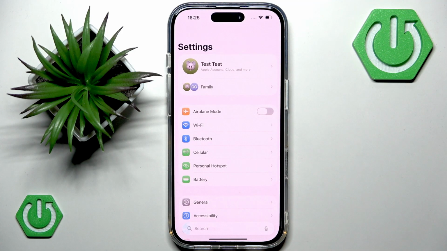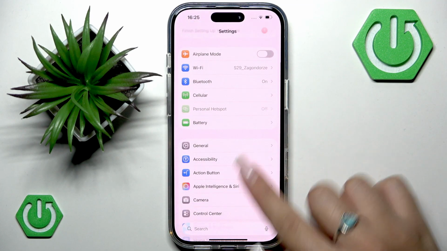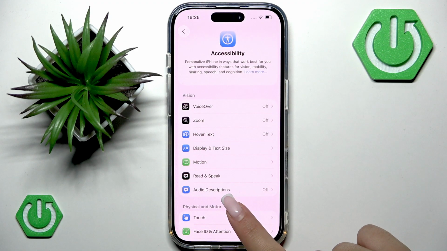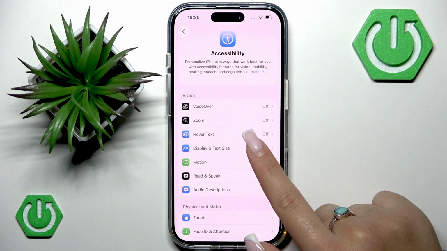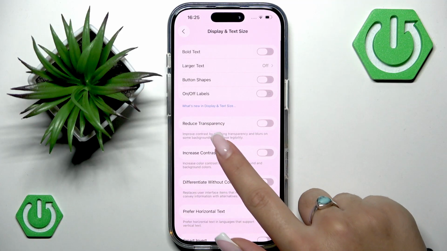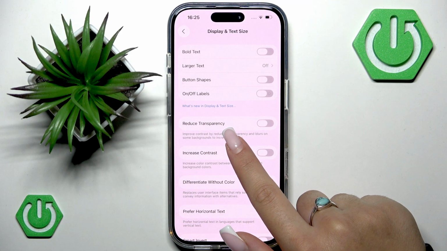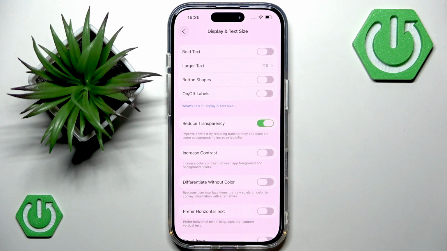Okay, so let's open settings and you want to scroll to accessibility, and under the vision tab you want to find the option Display & Text Size and go to the option Reduce Transparency, and you want to toggle this on. This will remove the frosted glass effect in all the menus, control center, all the backgrounds, replacing them with solid